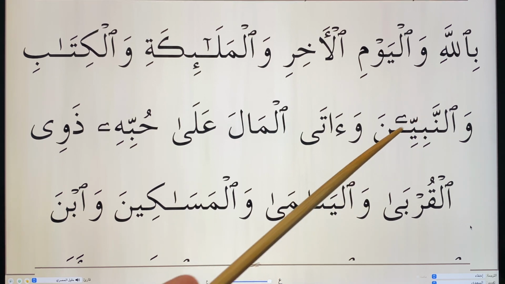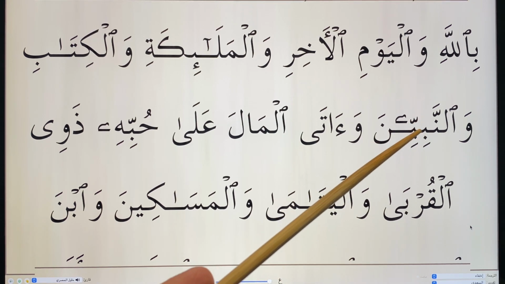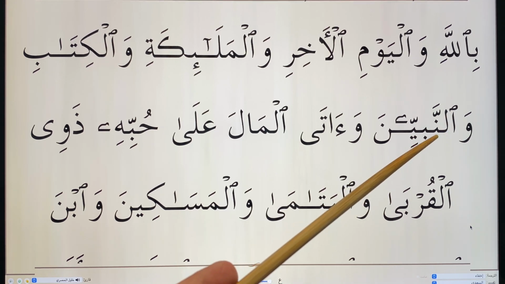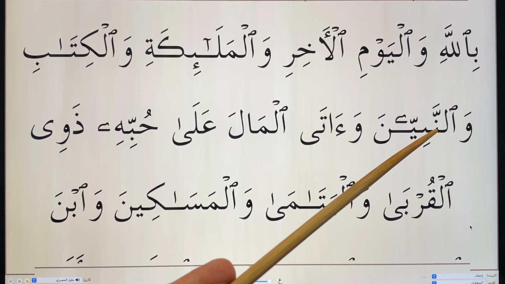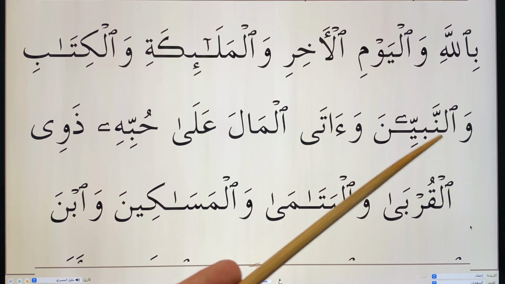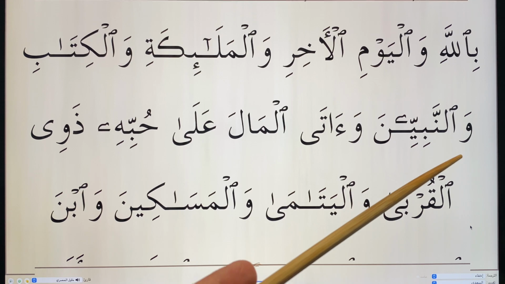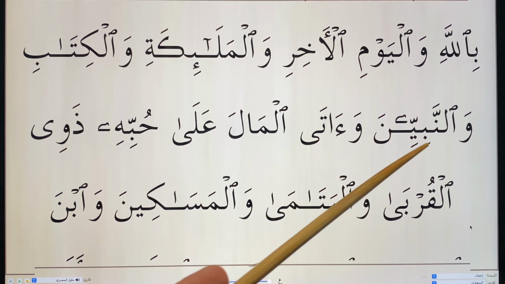Wan nabiyina. Okay, so why is it different here? Because wal, you don't say wal because it's a huruf shamsiya, the kind of letters that you just go straight and assimilate to the first letter after the alif lam. Half of the Arabic letters basically do that. وَالنَّبِيِّينَ